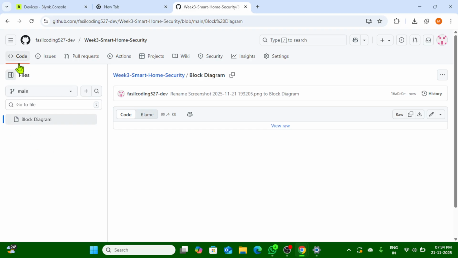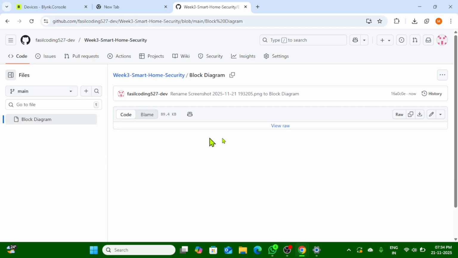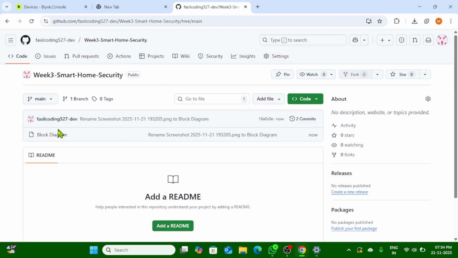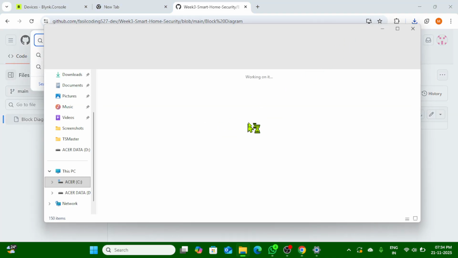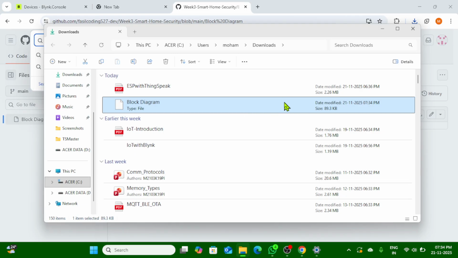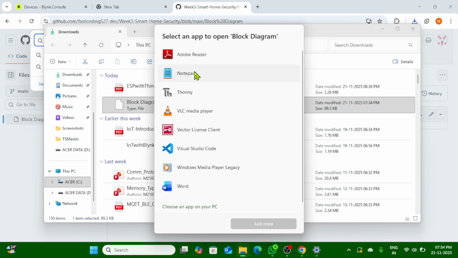Now you have seen, go back to the main. Okay, you have like this, go back. You can see the block diagram here. When I am opening this block diagram, click this view raw and you download that image. So one file is downloaded and open this as,